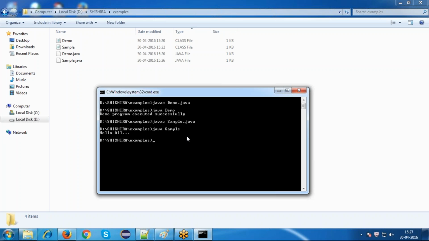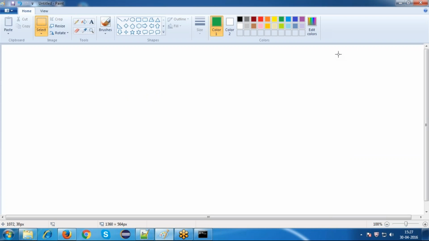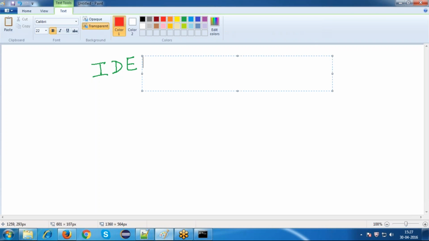In 99.99% of the cases, no one writes or executes Java programs using command prompt. Then what do we do? We use something called an IDE. IDE stands for